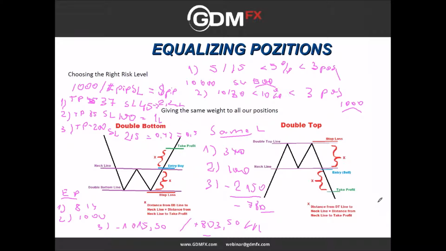Conclusion to the whole thing comes to say that the bigger the pip size of stop loss and take profit, the smaller the lot size. The smaller the pip size, the bigger the lot size. So you see, everything can be made to work your way. With those simple examples here,